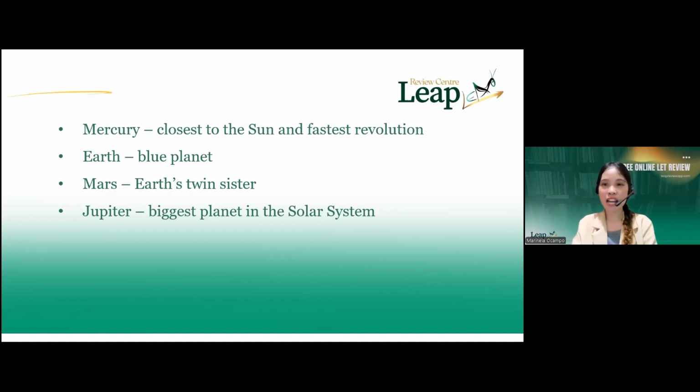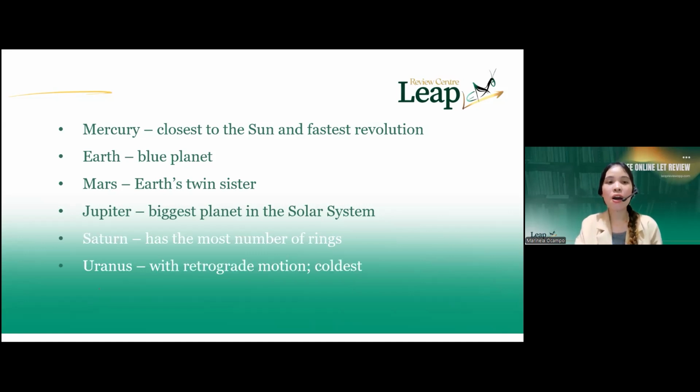Next planet, we have planet Saturn. Saturn is the planet which has the most number of rings. So it's not Jupiter, but it is Saturn. Next, we have planet